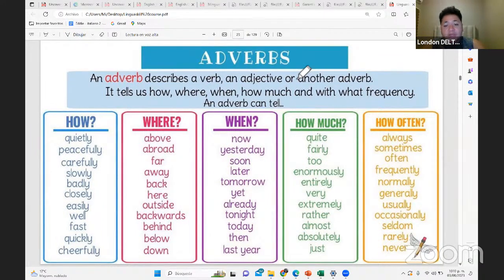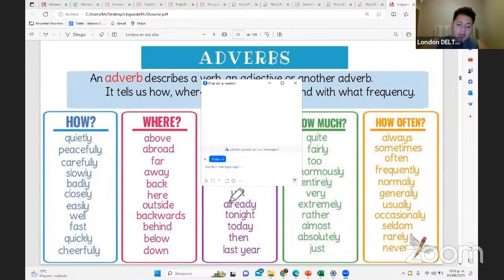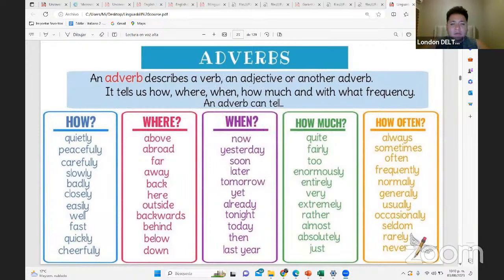And you can describe an action in many different ways. So the first thing is you can tell how you do something. Let's write an example like I run. So we can describe how you run? I run fast. So this is an adverb of manner, right? Now, an adverb of place. I run fast abroad. Abroad quiere decir en el extranjero.